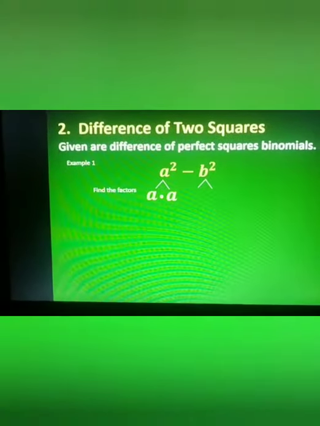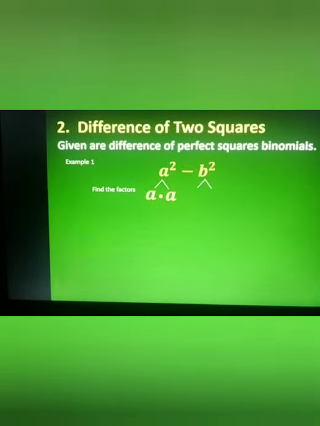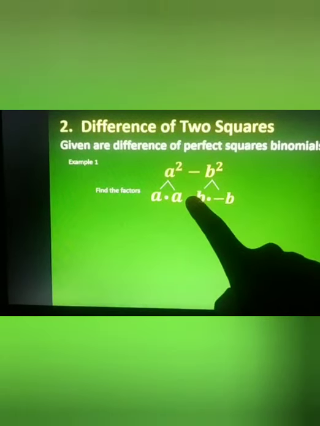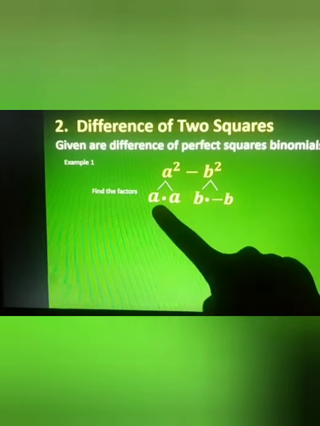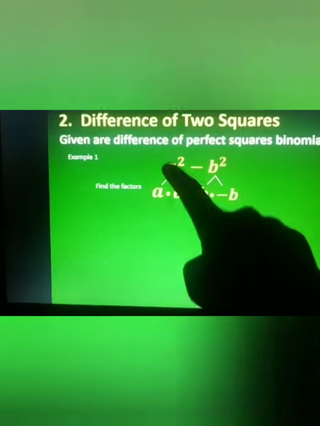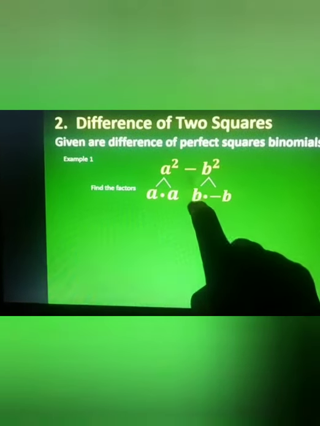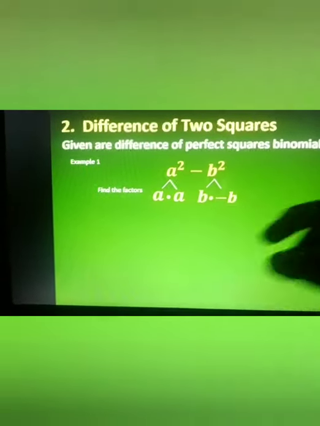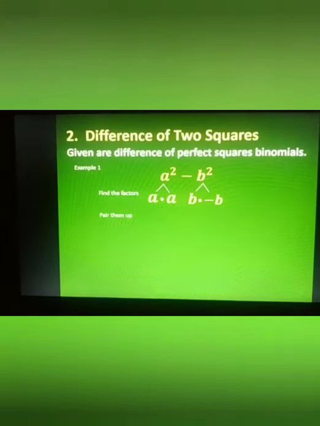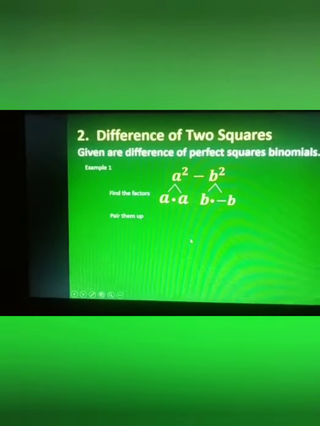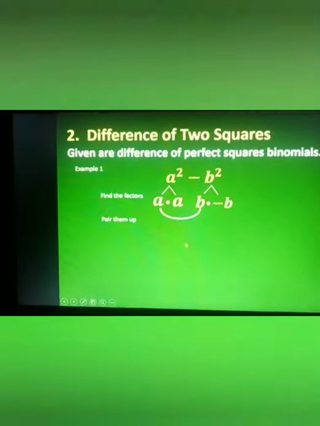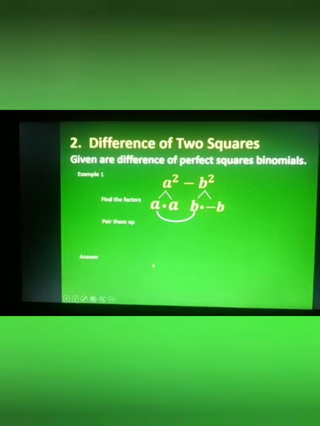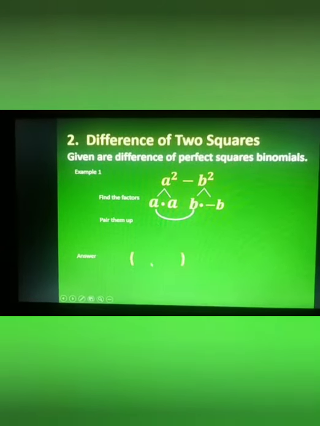Next, si B squared. Kuhaan mo man factors. So, factors ni B squared is, remember, minus sign. So, the other one is positive, the other one is negative. Diriya wala problema. Positive, positive. Na iya kay answer ya positive. Diriya kay negative. So, ang isa positive, ang isa negative. B times negative B is negative B squared. Next step, after finding the factors, is pair them up. Parison. Okay? Si A kag si B, parison mo na sila. Masulat ka sa imong first nga parenthesis. So, the answer is